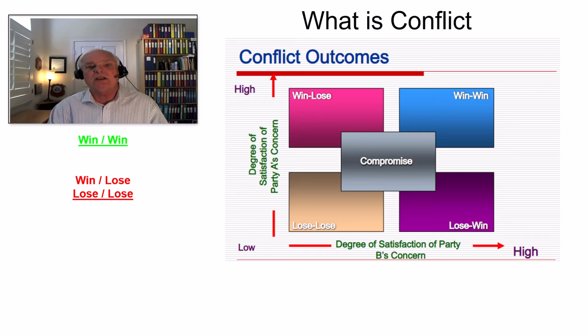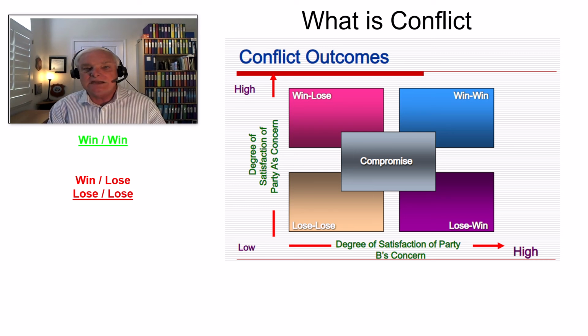Now, when we look at conflict, there's 4 different potential outcomes: win-win, win-lose, lose-lose, lose-win. Well, there's only one positive one here. It really is. Even though I know that we talk about through compromise, we can move around through these different quadrants, but ultimately we're trying to look for a win-win scenario. A lose-lose scenario would be one where I'm going to lose, so I'm going to take you down also. A win-lose is I win, you lose. That's not good either. All of these scenarios, with the exception of win-win, will cause conflicts.